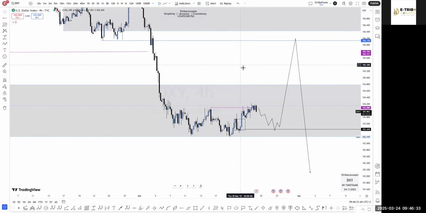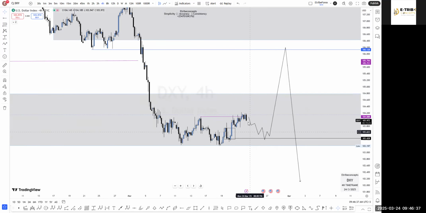So this should tell you that the vice versa of this should be happening. The reverse of this should be happening on pairs like EURUSD, GBPUSD, and so on and so forth. And then pairs like USDJPY, USDCHF, and so on and so forth will be moving in the same direction as the dollar. So check on pairs like, okay,